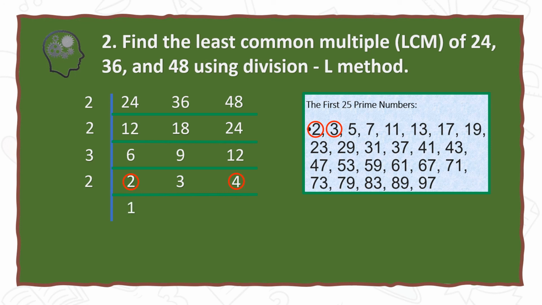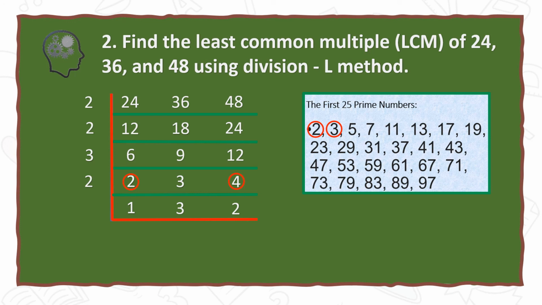So 2 divided by 2 is 1. And since 3 is not divisible by 2, we just copy it. Write it down. And 4 divided by 2 is 2. Let's check once again. Are 1, 3, and 2 all of them divisible by any prime number? No. 1 and 3? No. 3 and 2? No. 1 and 2? No. So, in this case, we will stop dividing and we just multiply the numbers